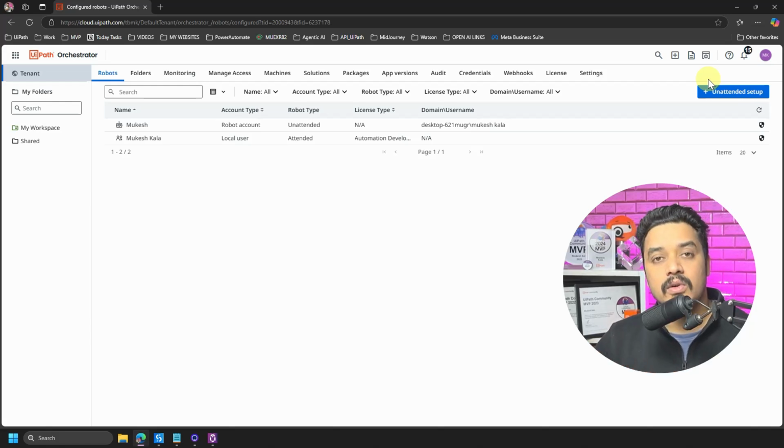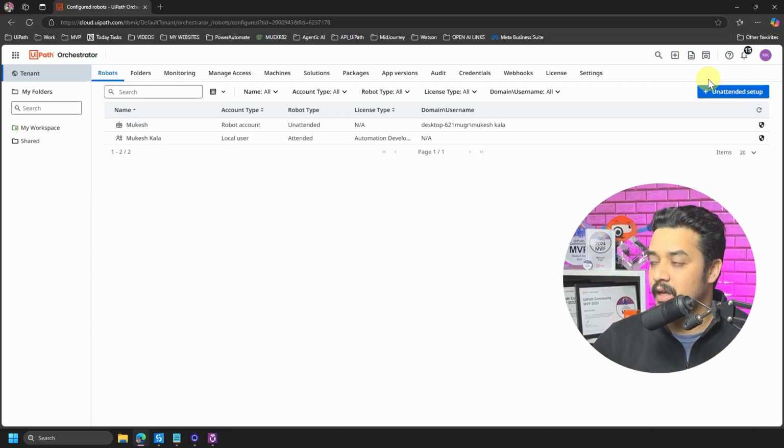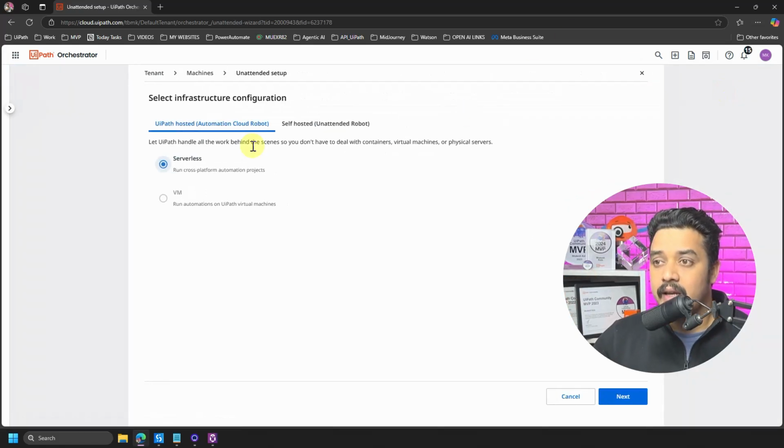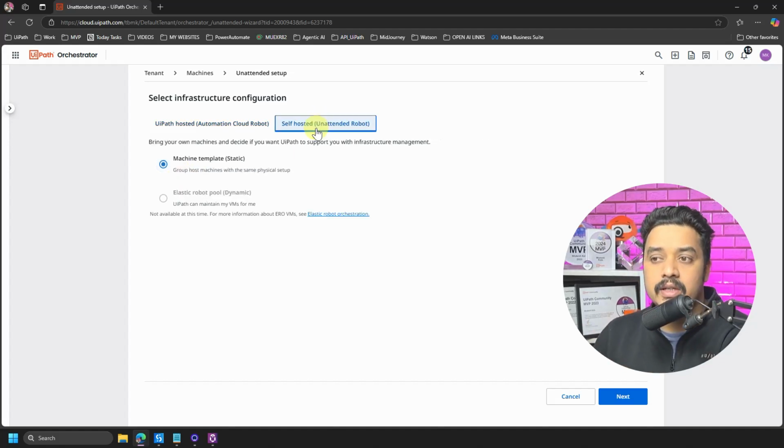Okay. So let's say today I go to a marketplace and I get a new computer, an absolutely brand new PC. There I want to run my unattended robot, which I see in the license, right? So now I go here and click on set up unattended, and now it asks whether you are using the UiPath cloud hosted machines, or you have your own machine which you want to run on, right? I am not having access to the UiPath hosted machine. I want to run it on my own personal computer or my friend's machine or my client or customer environment, right? I go to the next tab, self-hosted unattended robot, and it is asking me what the machine